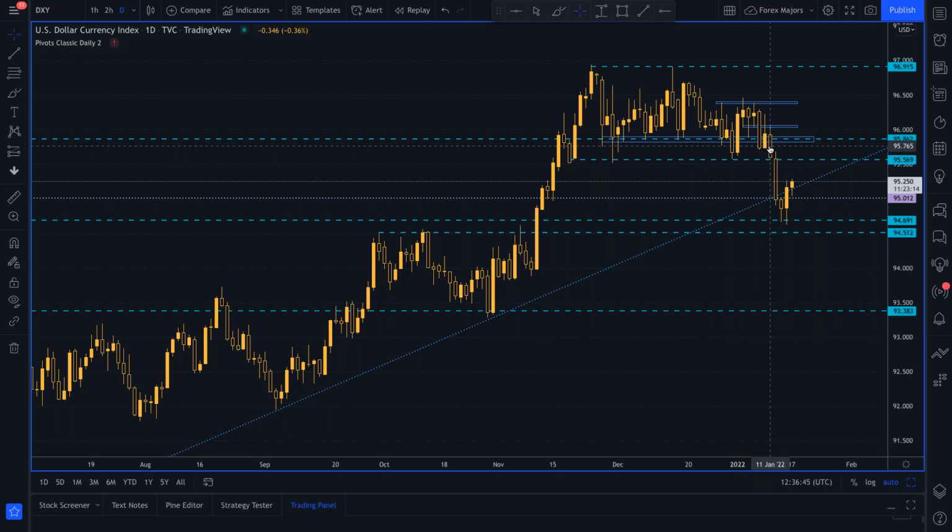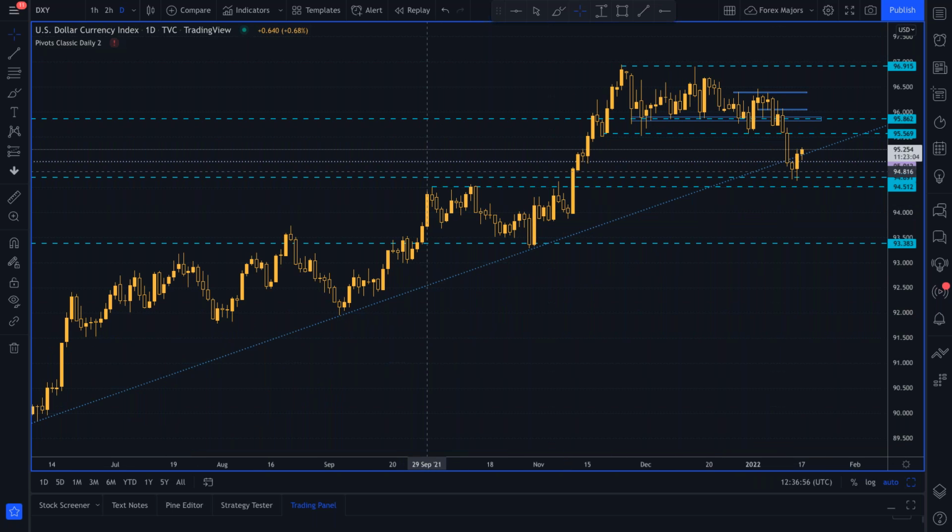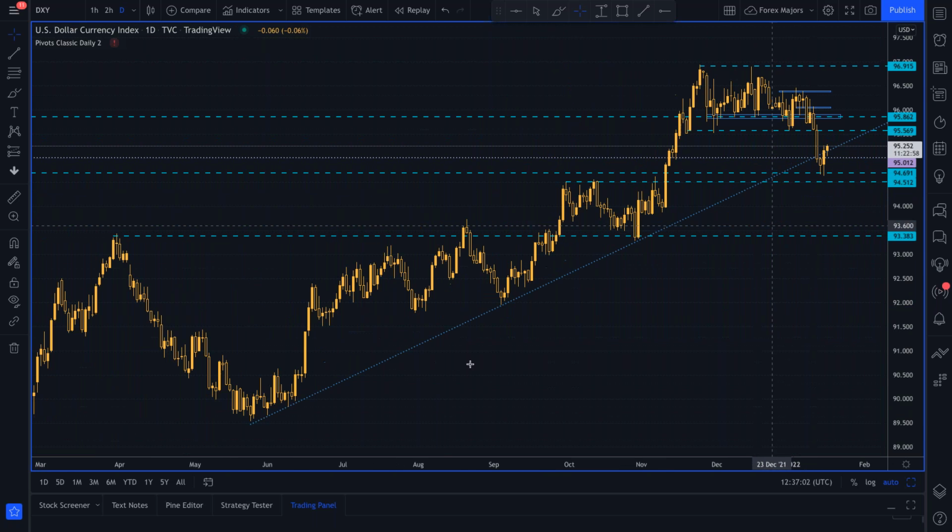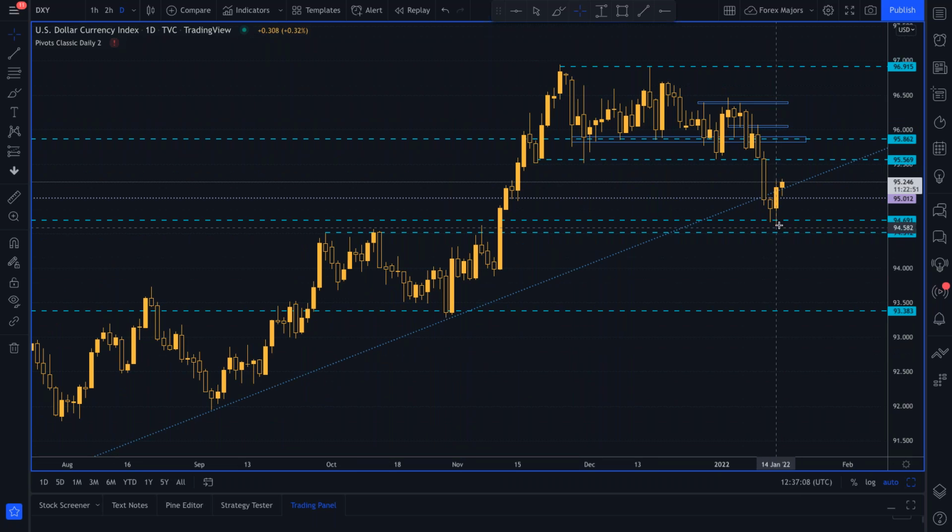Inflation headline was above 7%, but then the market took relief. There wasn't anything further to push the dollar higher, so we saw the dollar sell off into that 95 region. Key support, you can see here, resistance, resistance, resistance, broken, support at the 95 region. Now we have this trend line in play. 1, 2, 3, 4, that's a valid trend line. If price pushes above that trend line, it's opening up a retest up to that 95.50 region. So the dollar is seeing a little bit of a retracement.